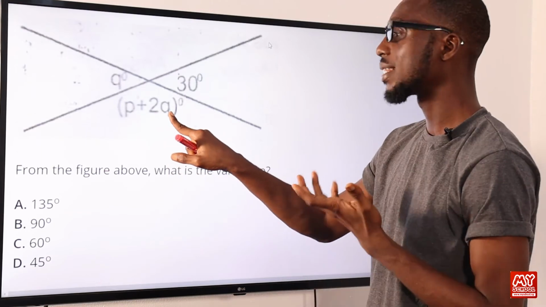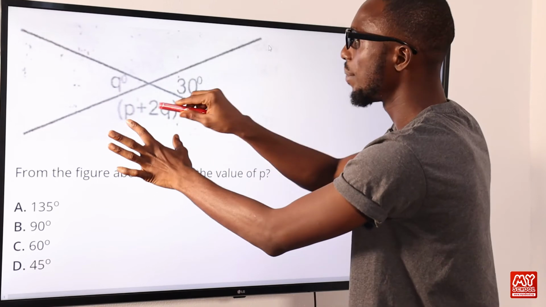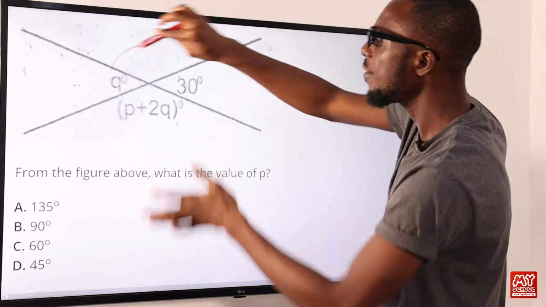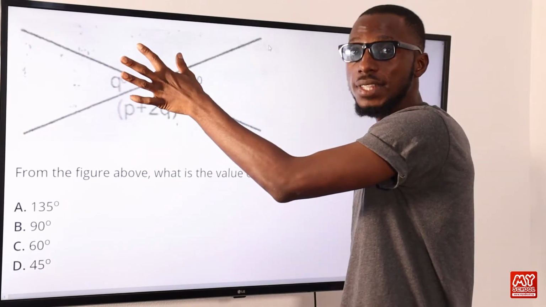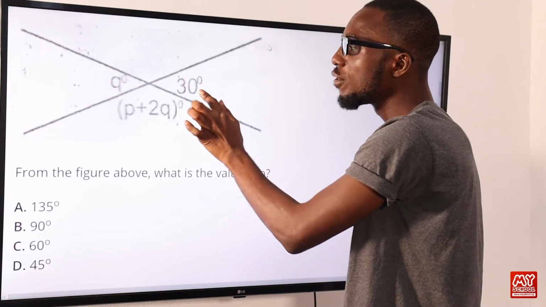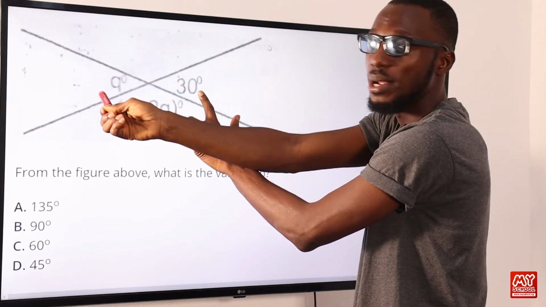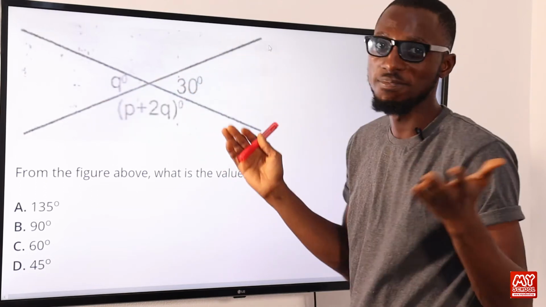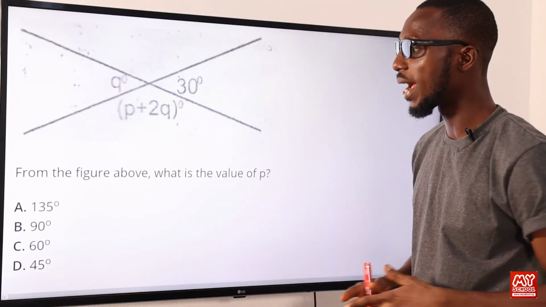So 2 times 30, that is 60, plus 90, all right, that is 150. That means here 2 will be 150, right? So let's now see if all of this put together will give us 360. So we have 150 plus 150, that is 300. 300 plus 30, 330. Remember I said whatever you have here is the same thing you're going to have here. So we have 330 plus 30, that is 360. All right, super easy. So the correct option, which is the value of P that we are asked to find,